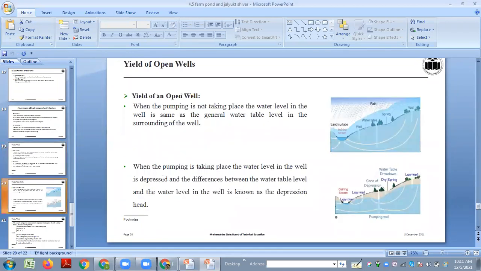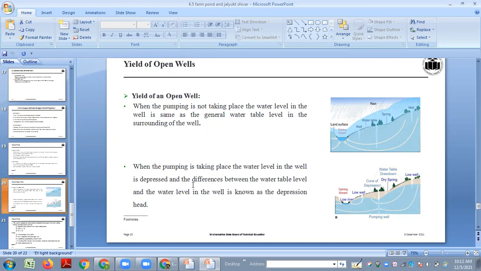So yield of an open well. Okay? When the pumping is not taking place, the water level in the ground well is same as general water table level. Okay, diagram मध्ये तुम्हाला दिसेल वॉटर टेबलची जी काही लेवल असते, त्यावेळेस तुम्ही पंप न वापरता जर पाणी वेल मध्ये पाहिलं तर ते जी लेवल कुठपर्यंत असते, जर तुमचं जे काही ग्राउंड वॉटर टेबल आहे त्या लेवलला पाणी असतं. ओके, बट वेन द पंपिंग इज टेकिंग प्लेस, ज्यावेळेस तुम्ही पंपिंगने पाणी काढायला सुरू करता,